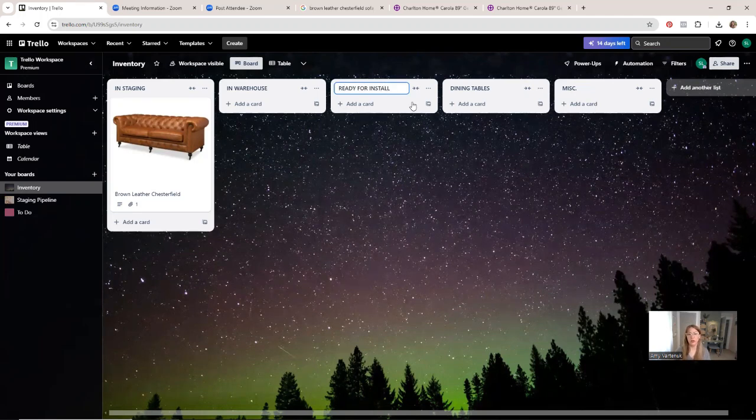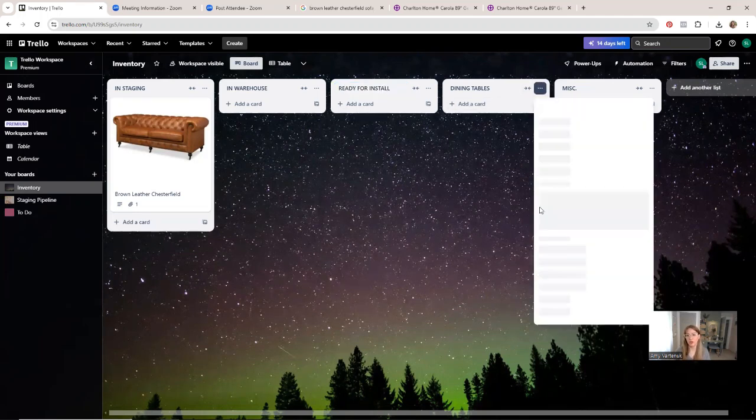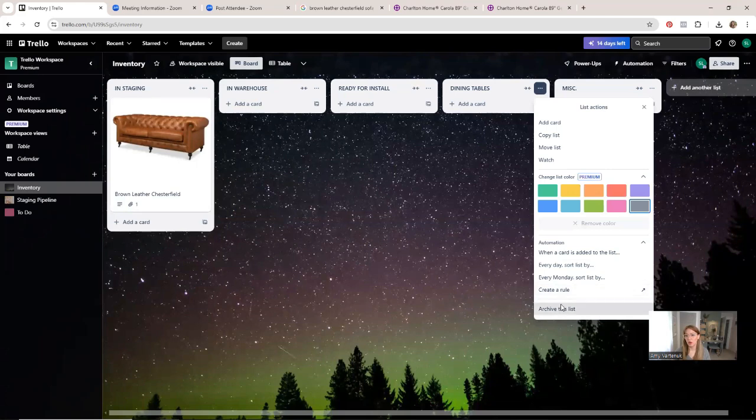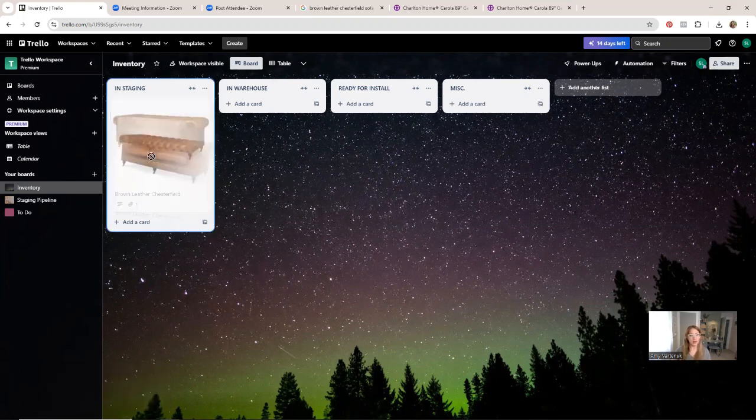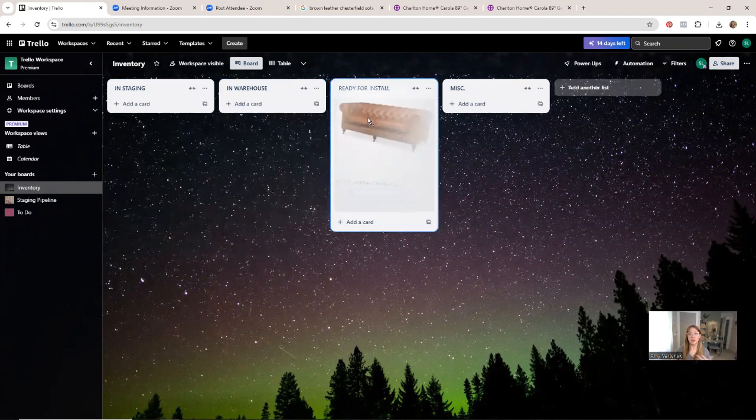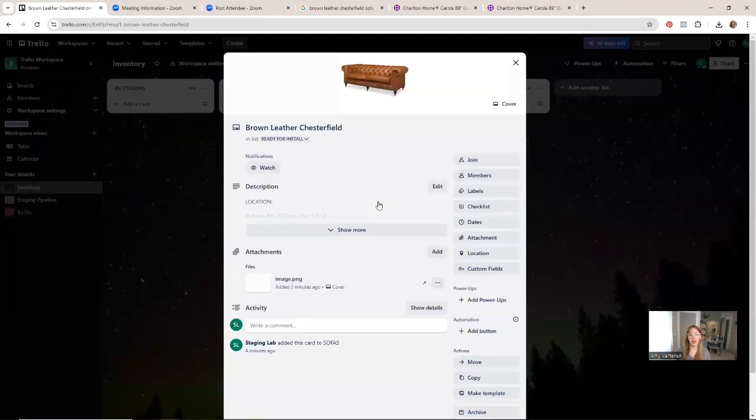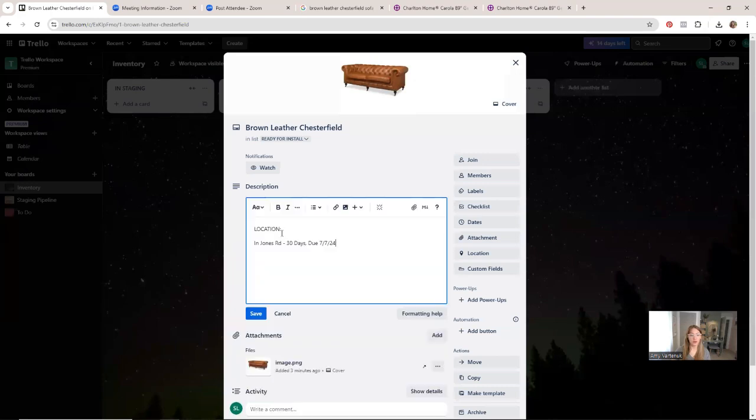Because let's say you're doing interior design instead of staging or something different. So now let's say you're trying to keep track of what's in the staging, what's in the warehouse, what's ready for install, what's miscellaneous. Then let's say this is ready for install in an interior design client's house. You can put this over here and put your note that says ready for install